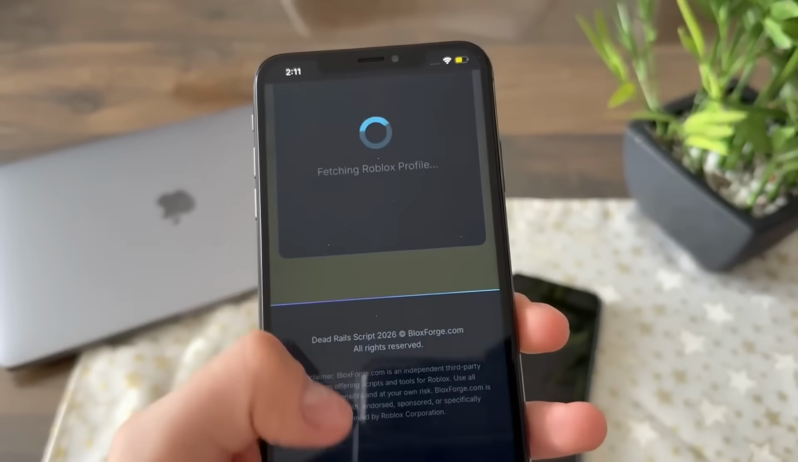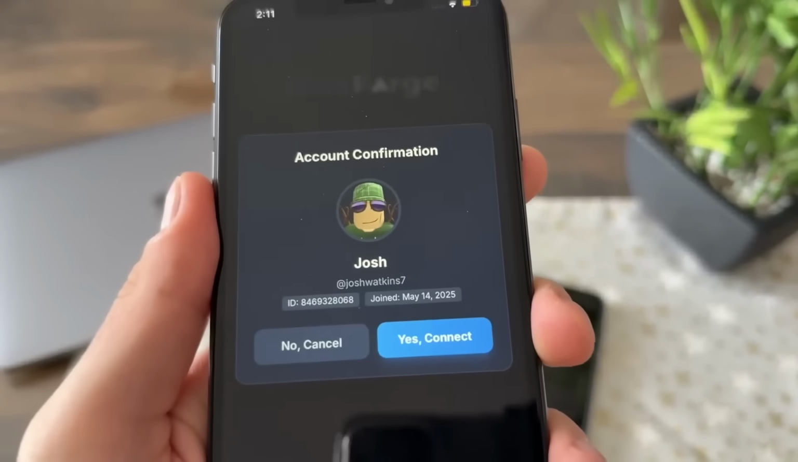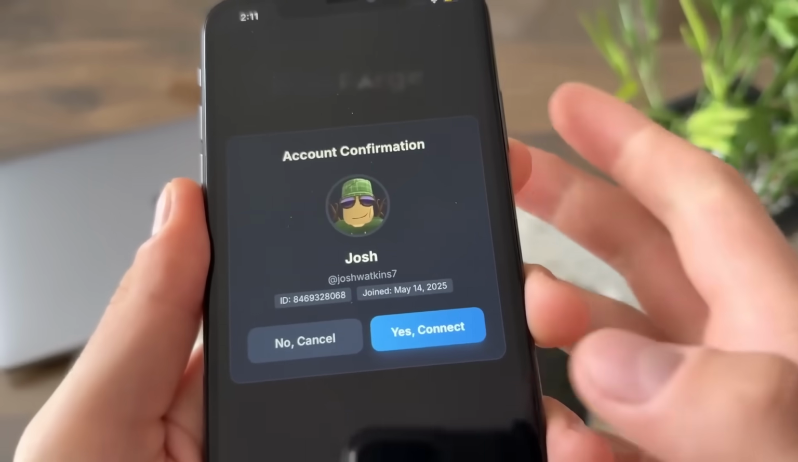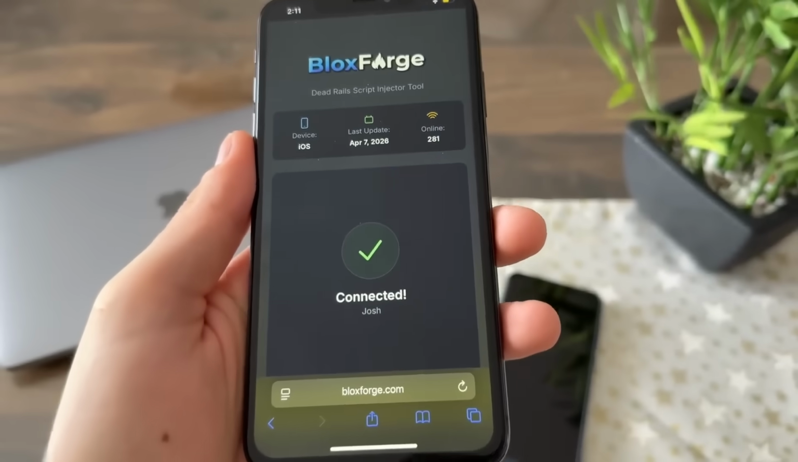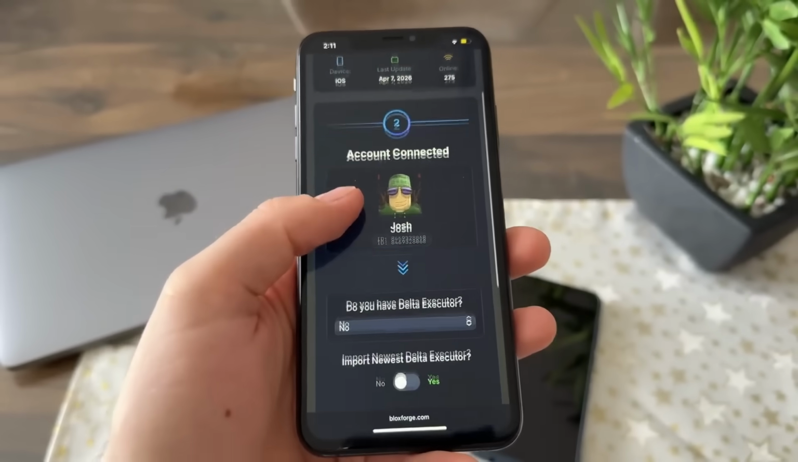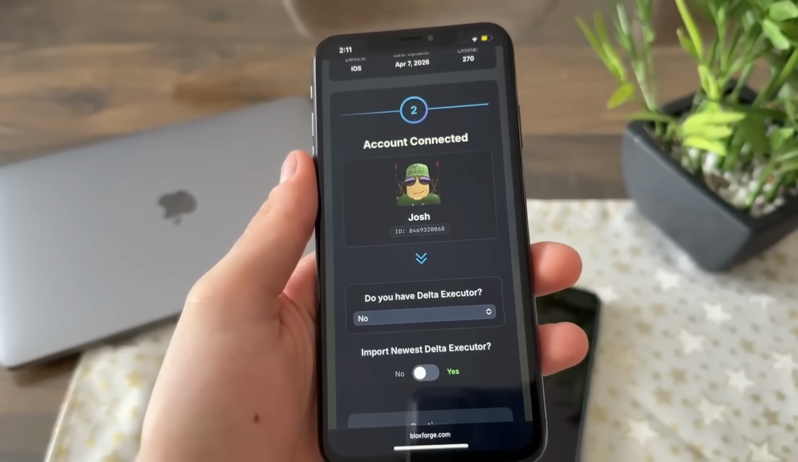Click connect account. It will start fetching our Roblox profile, and guys, you should get this pop-up. It's account confirmation. So if it's your account, just click yes, connect, and that's pretty much it. We're successfully connected, and now we will have to get any executor into our Roblox in order to use those